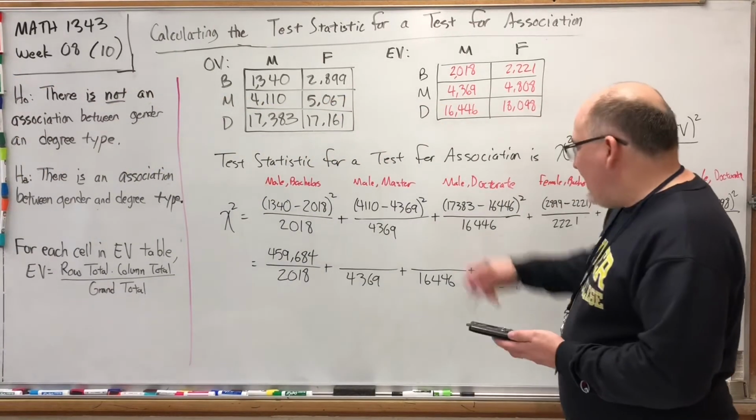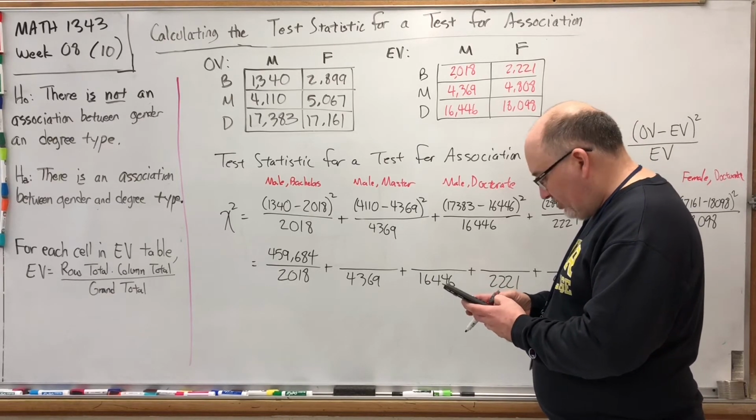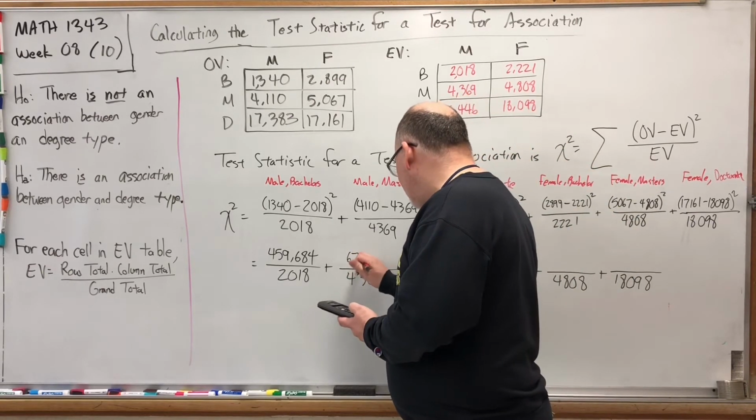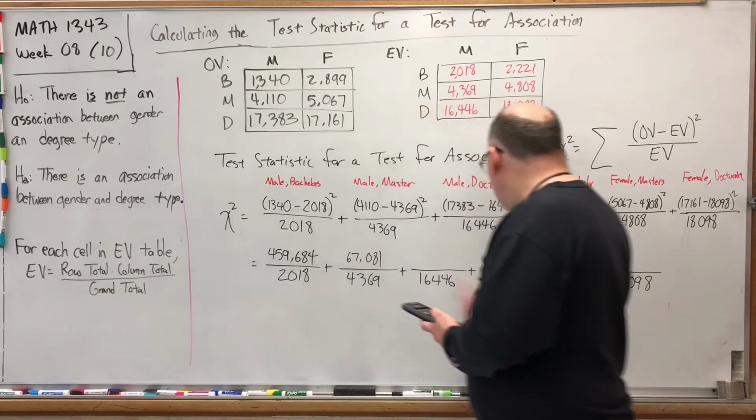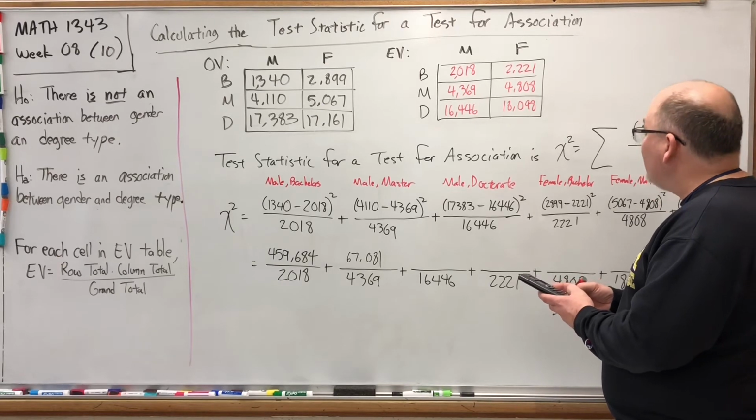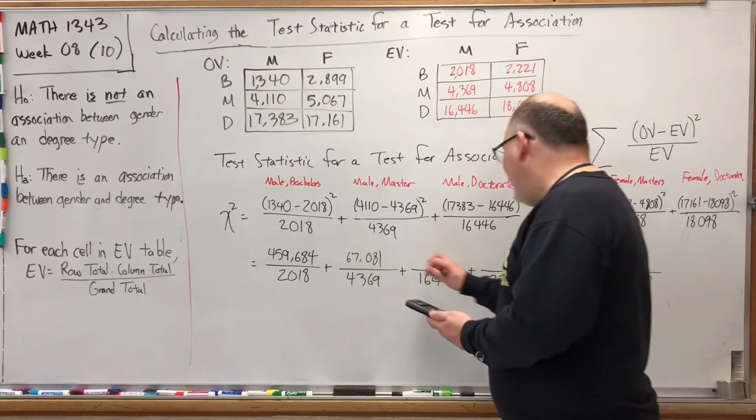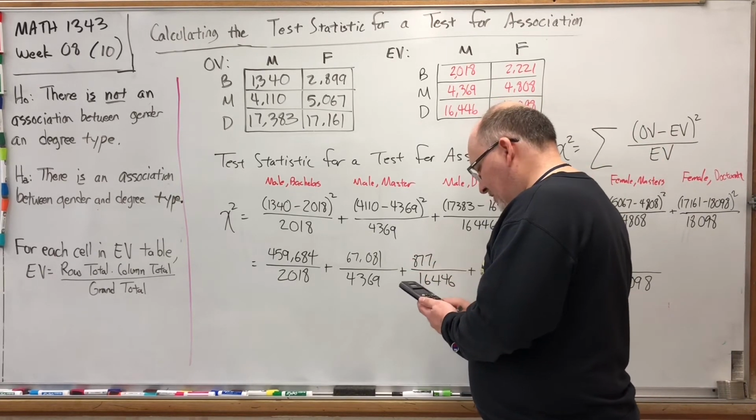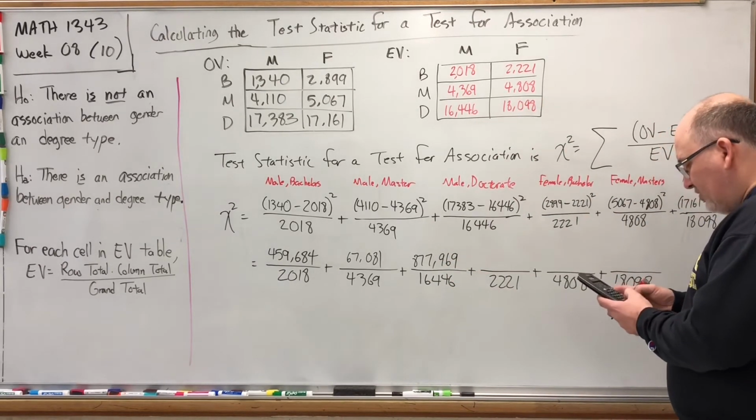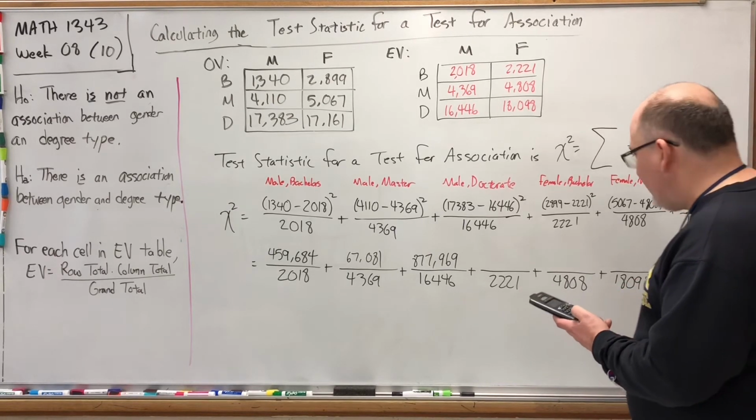And the next one, if we subtract 4,110 minus 4,369 and square that difference, we get 67,081. On the next fraction, if we subtract 17,383 minus 16,446 equals and square that, we get 877,969. In the fourth fraction, if we subtract 2,899 minus 2,221 and square that difference, we get